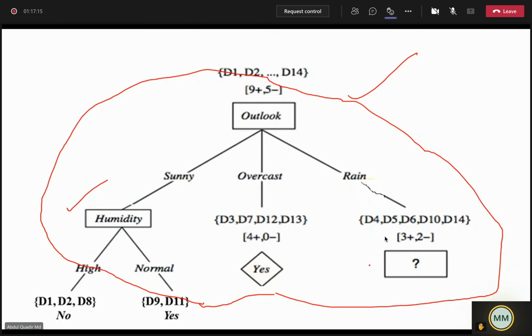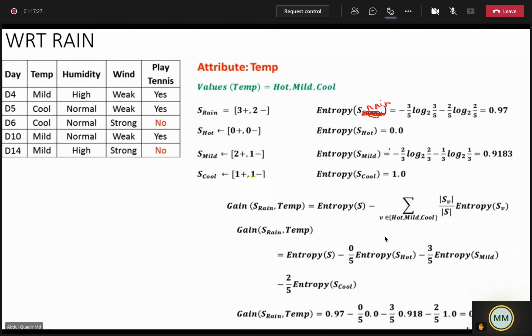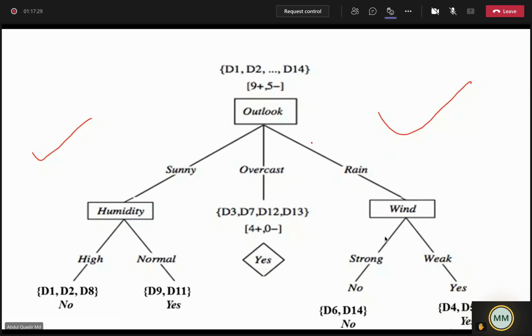So if I stop here and apply my rules, and I'm trying to say, for example, outlook rain, whether he will play or not, will you be able to predict? No, the accuracy will not be right. But if I have a fully grown tree, outlook rain, wind strong, then no, I will be able to predict. Or outlook rain, wind weak, then I will be able to predict yes. But if I stop somewhere over here,